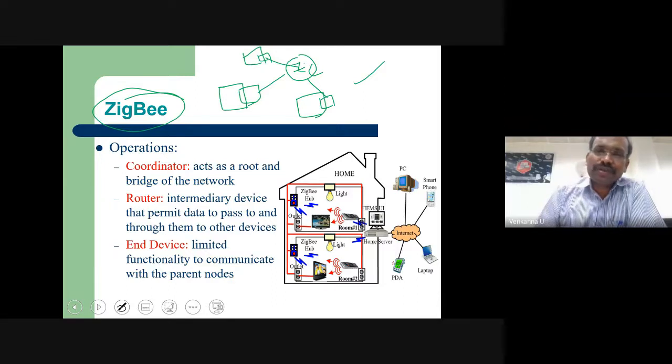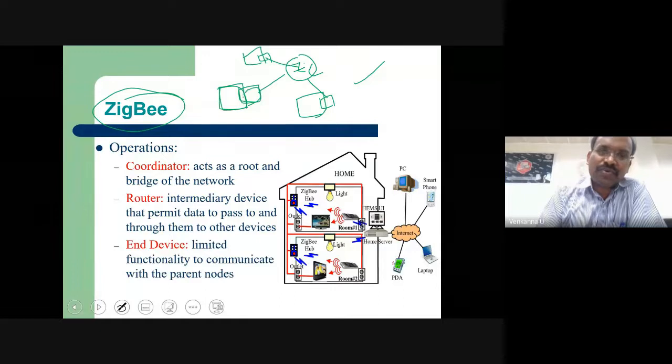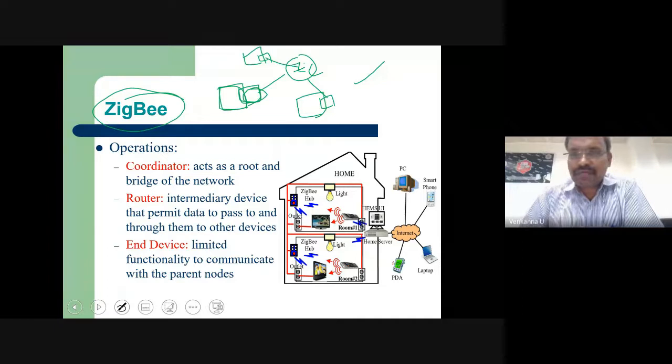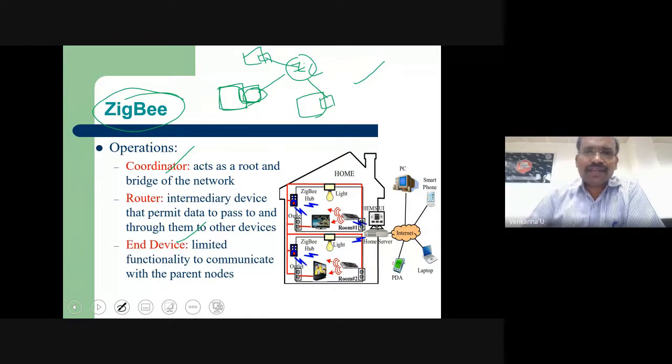But after making your IoT node, which has sensors and a microcontroller, you have to deploy a Zigbee communication module on top of it. It is available in the market, and you have to purchase it separately. Zigbee end device and Zigbee coordinator have different circuit names and numbers. When you are making the central node, you use the Zigbee coordinator IC, and for a Zigbee end device, you use its own device. Then communication is possible.